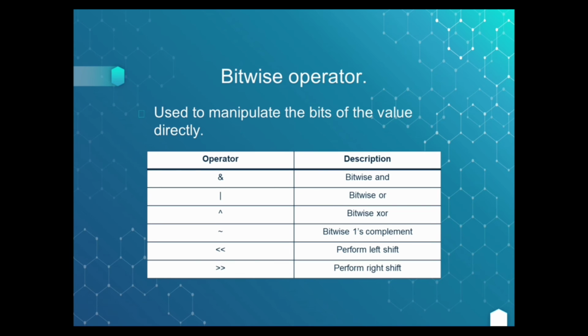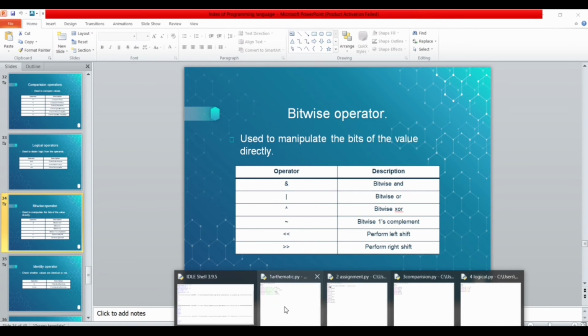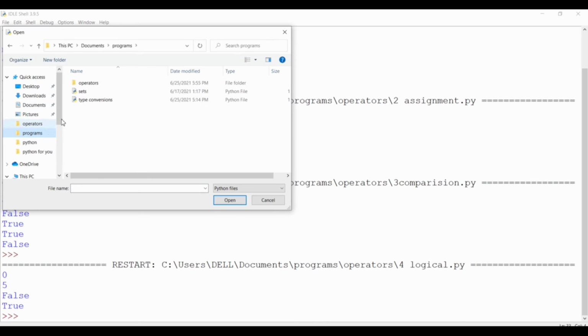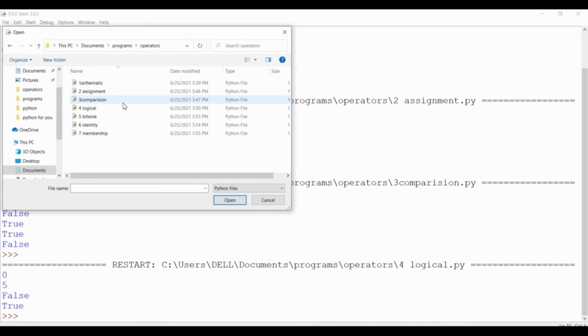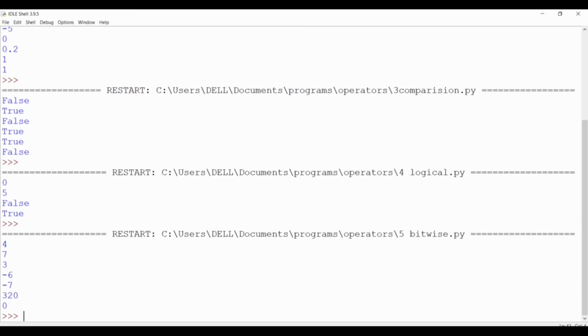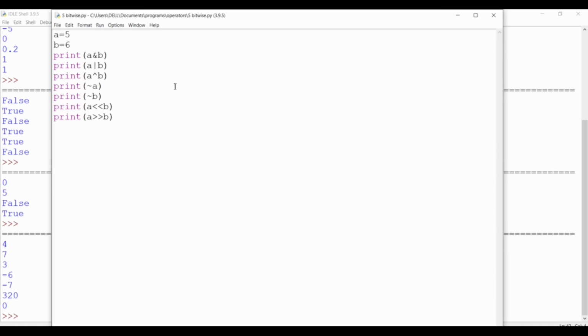Before going to the explanation of this, let's have a practical explanation of the bitwise operations through a program. Here I have assigned all the values and the output has come according to it.